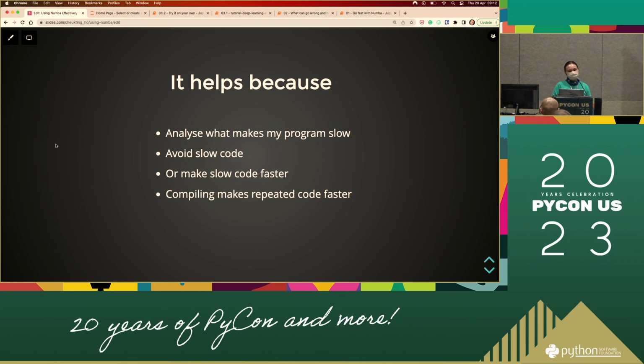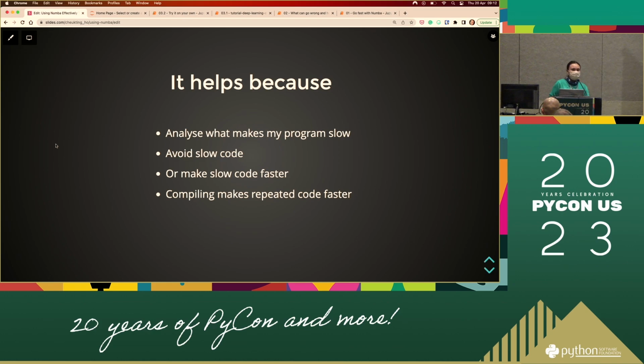We'll analyze what makes the code very slow. At the beginning of this workshop, unfortunately, there are a lot of concepts, like how to use Numba and all this, that I need to clarify first through the first few exercises. And then you get a chance to get your hands on a final big project where you try to improve the code. So this is your strategy: you analyze it, you see which part is slow, and you try to make the slow code faster.